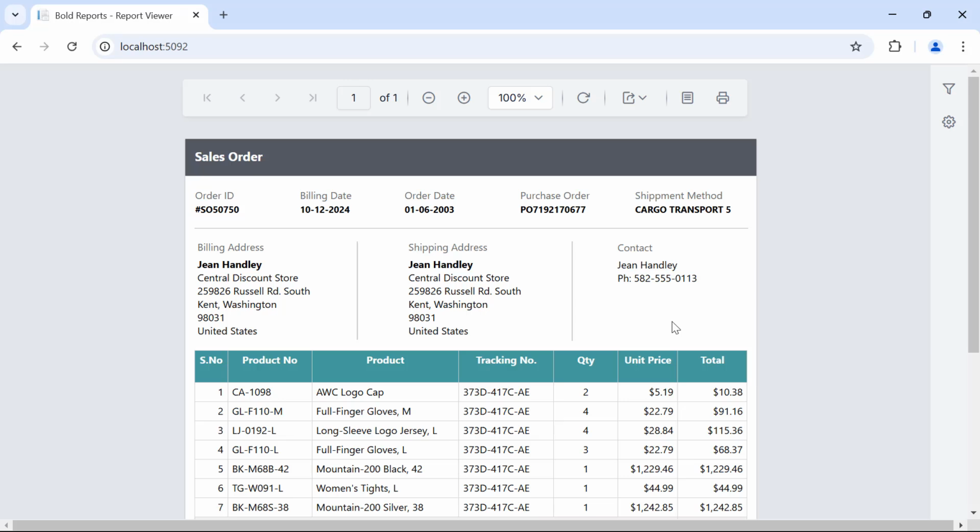Looking here, the sales order detail report opens in the Report Viewer control. In this video, I have shown you how to embed the already created report in an ASP.NET Core application in